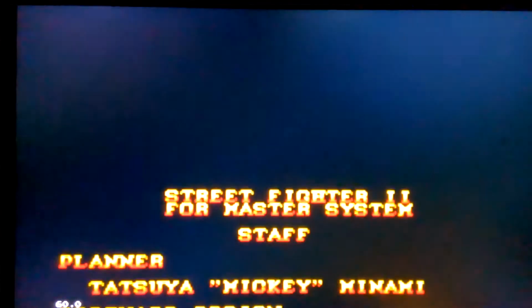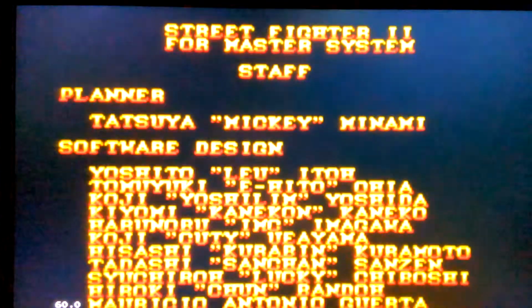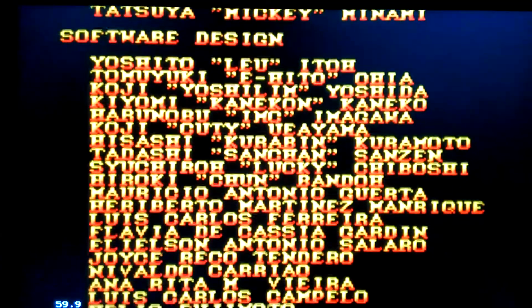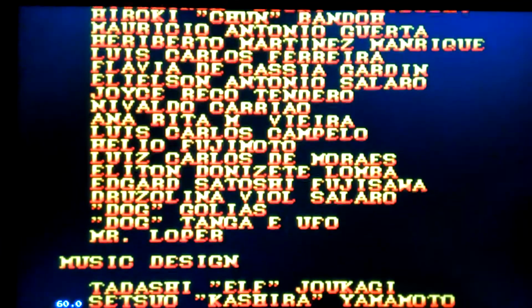And now let's check out the credits. There's no endings in this game like there were in the Genesis version and other versions of the game. No, it's just the credits. Just simply credits, text only. It's pretty good considering the fact it's being produced from a Sega Master System. But then again, it's 1997 really, so who really cares? I mean, people in Brazil obviously cared, but